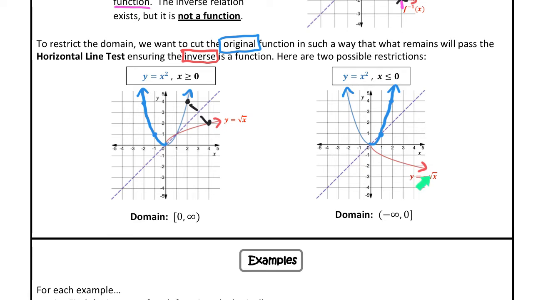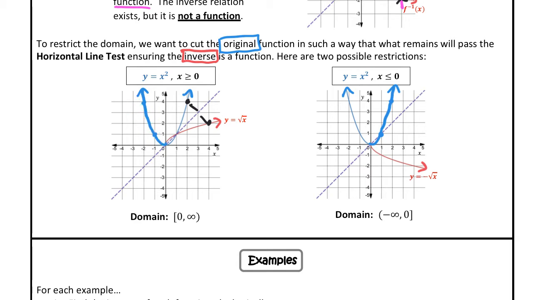Or if you do a negative square root, we're just going to graph the bottom part. Reflection, right? Negative means reflection. But to focus again on here, if I graph the x squared graph, it's going to have a U shape. And if I graph the square root graph, it's going to have this shape. So which half of the x squared is going to make a good reflection for this red function? Well, the right half is a good reflection,